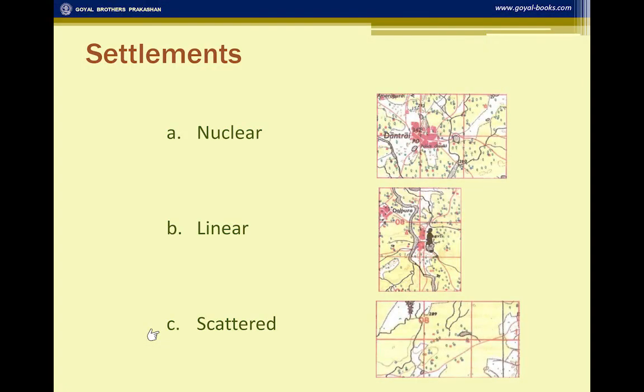And scattered is, as the name says, one is here, one is there, and one is there. It shows that very few permanent huts are situated far apart. So these are the three types of settlements.